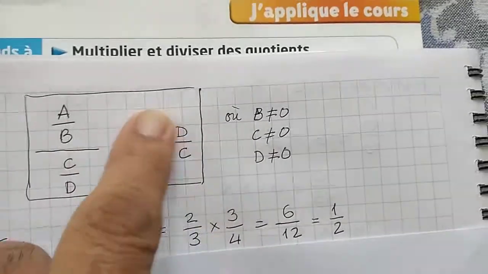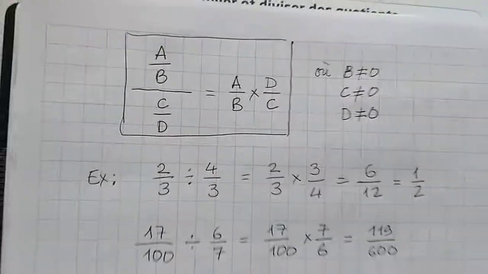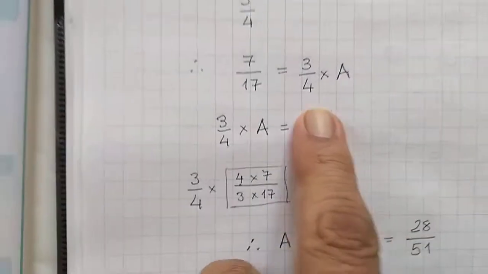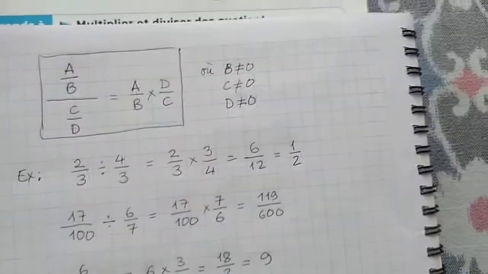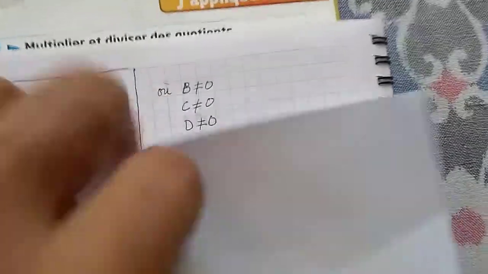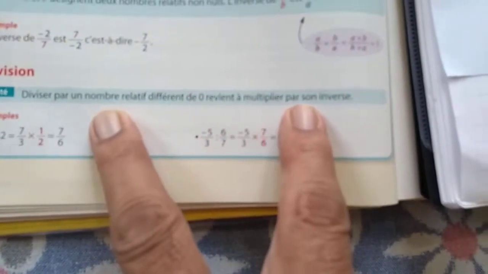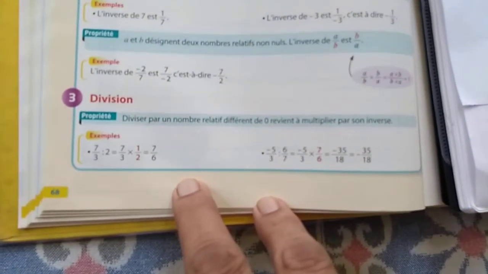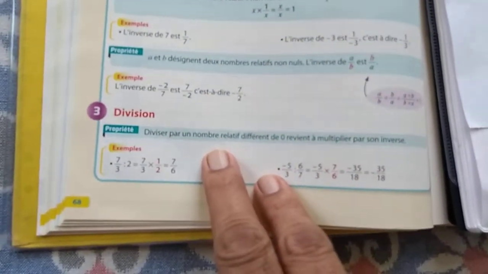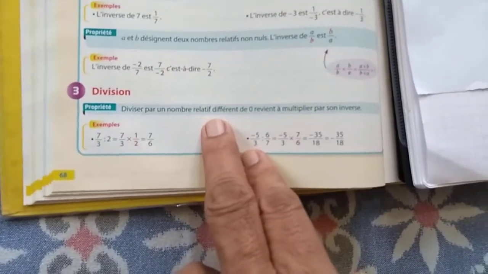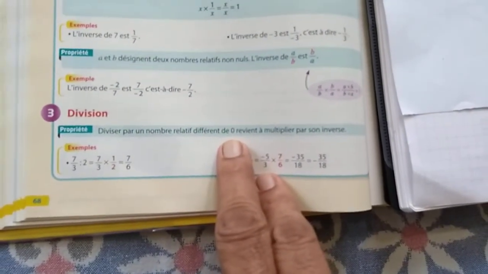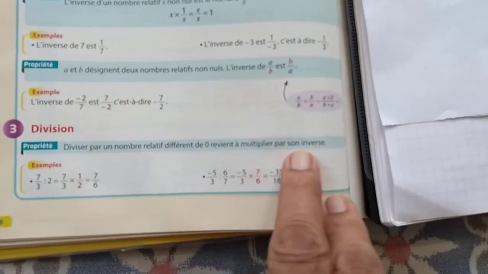Now, you're using this short form, but if you did this calculation like I've taught you here with the boxes, you will come to the same answer. And the book in fact only tells you this: diviser par un nombre relatif différent de 0 revient à multiplier par son inverse. Dividing by a non-zero number, nombre relatif, that means it can be written as a ratio, as a quotient. Différent de 0, that we are making sure we are not dividing by 0 anywhere. Revient à multiplier par son inverse.